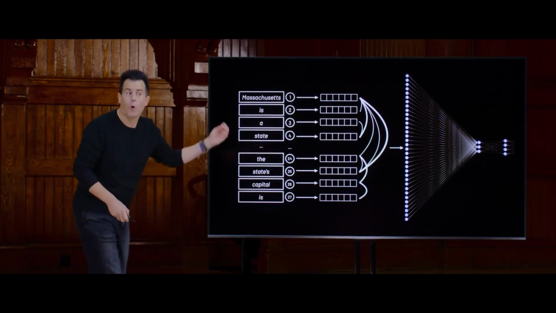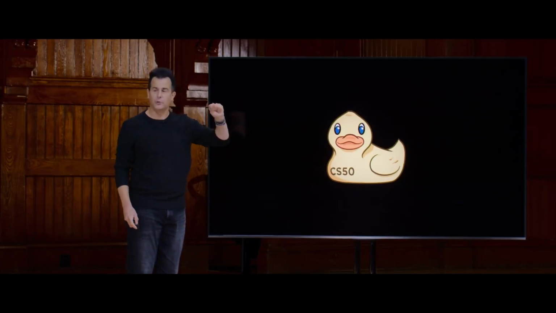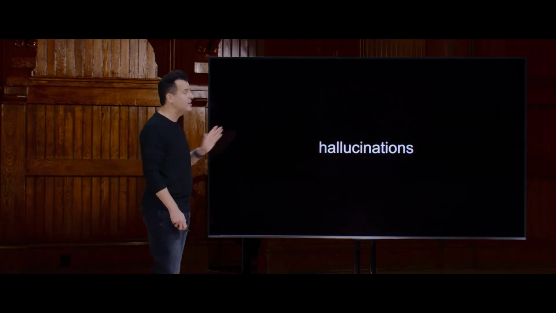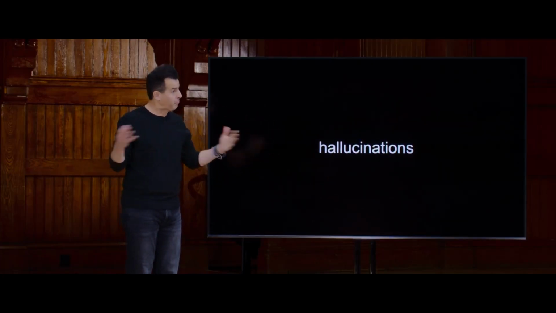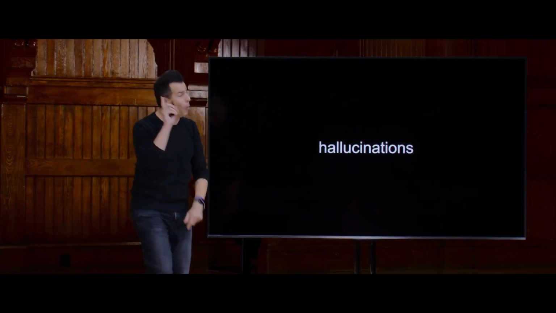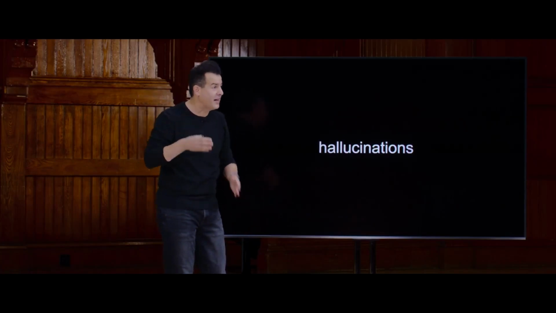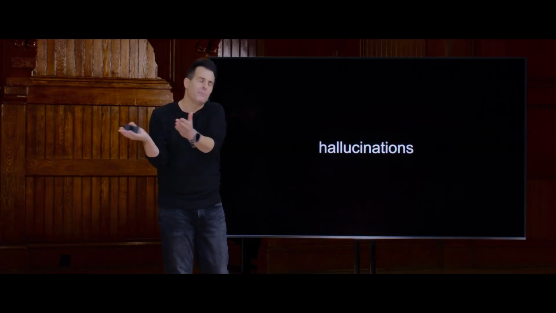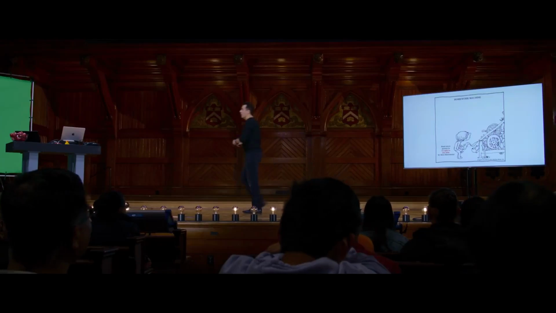But of course, 1% of the time, maybe less than that, the answer might not be correct. And even CS50's own duck is fallible, even though we've written lots of code to try to put downward pressure on those mistakes. And those mistakes are what we'll call, lastly, hallucinations, where the AI just makes something up, perhaps because some crazy human on the internet made something up and it was interpreted as authoritative, or just by bad luck, because of a bit of that exploration, 10% of the time, 1% of the time, the AI sort of veered this way in the large language model and the neural network and spit out an answer that just, in fact, is not correct.